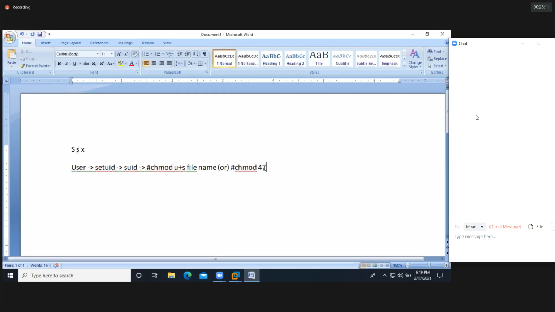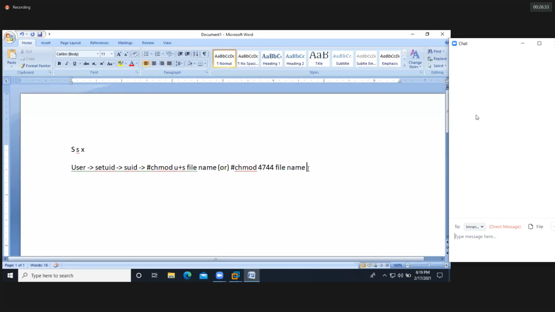And then 4, read permission for group and read permission for other users. And then finally provide the file name. Both are same, guys. If you want, you can give like this.